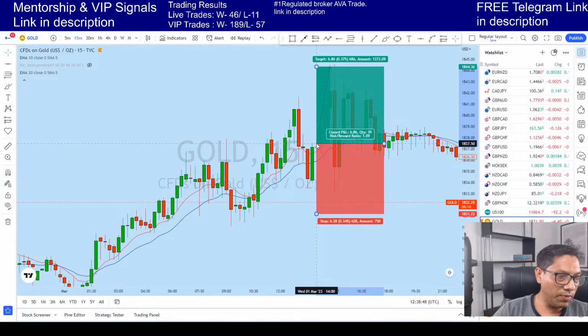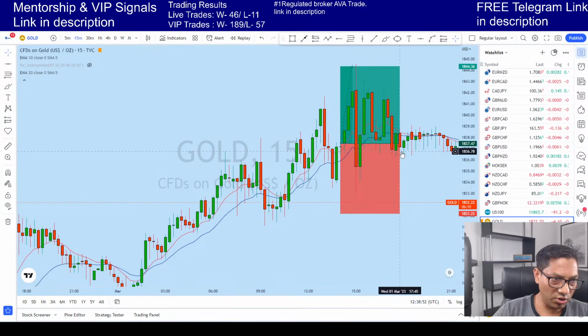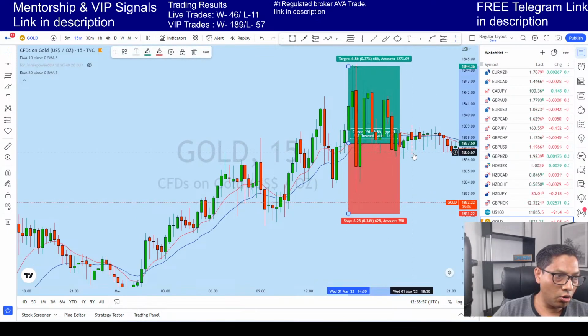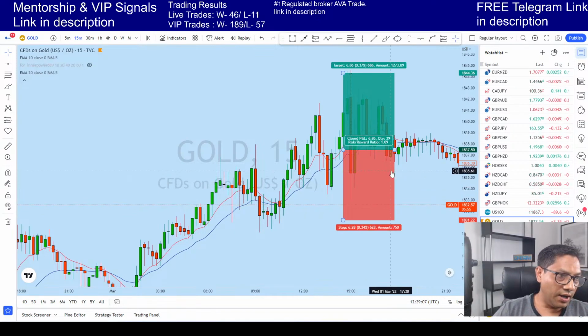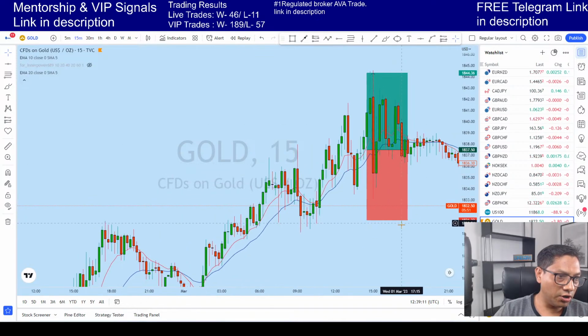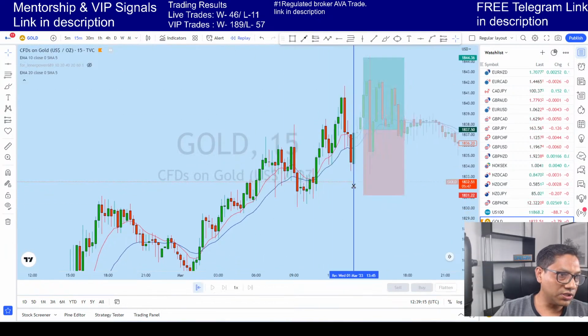So you see that gold, after this 15-minute candle, probably in this zone, I didn't put the exact entry, but something like that. So we went long on gold. Now what's the reason behind this trade? See, these are the key points that I look at. What we saw on gold, this is the 15-minute chart, and let me replay the chart from where we started.